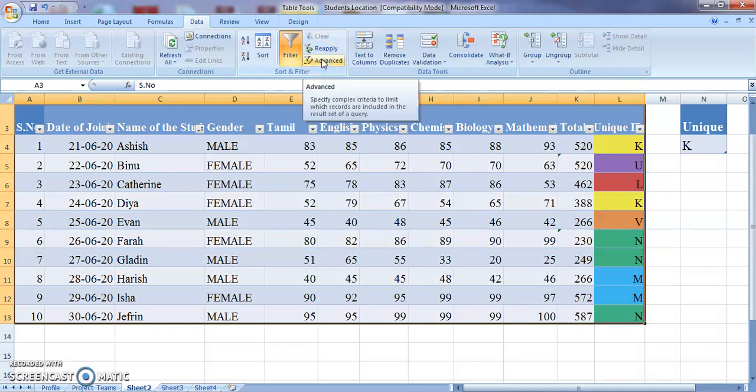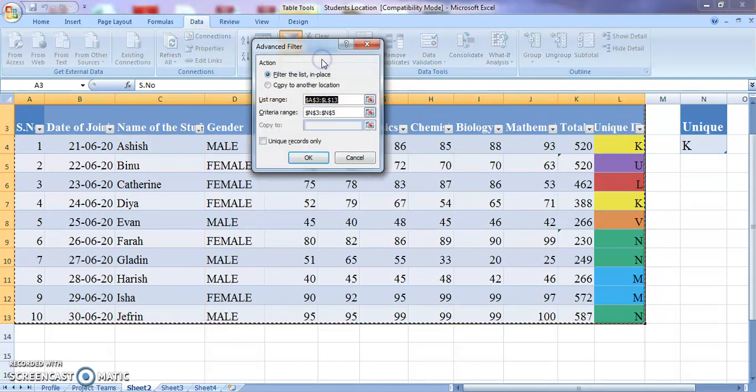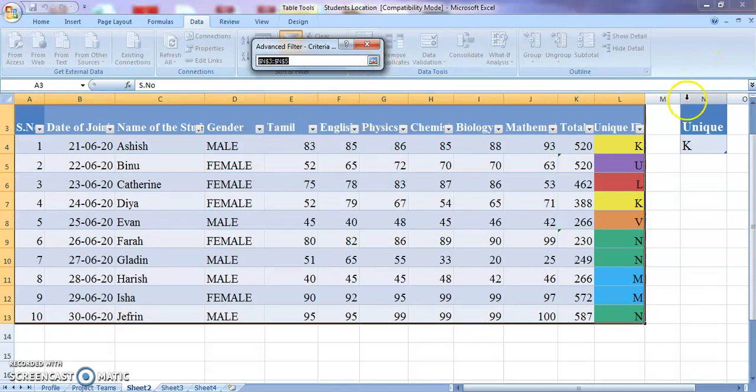Now just click it. When you click the advanced filter option, the first prompt will ask you to filter the list in place. That is similar to the basic option which we are doing. If you want, I'll show you. The list range, as we have already selected, is enabled there. The criteria range shows some other range, so I'll edit it. Just click the option here. This is the criteria range I should have. Okay, I have selected it.